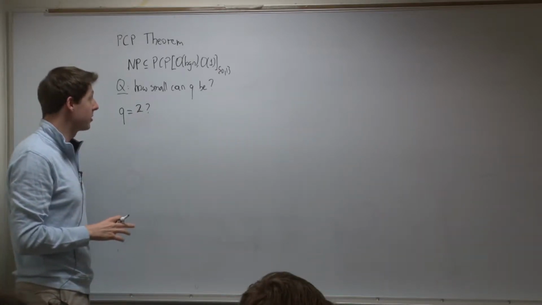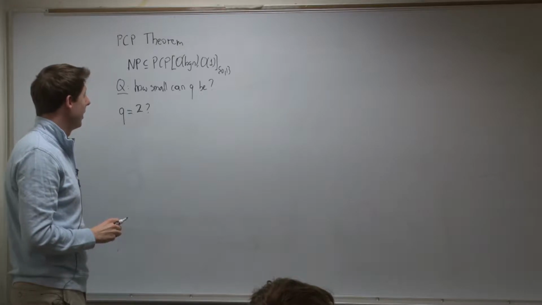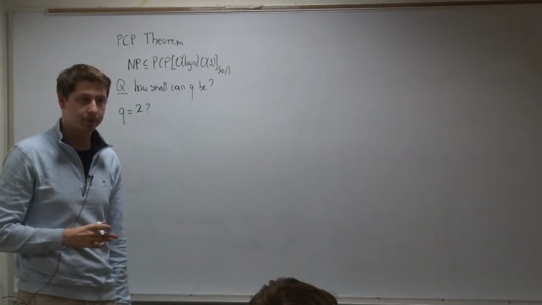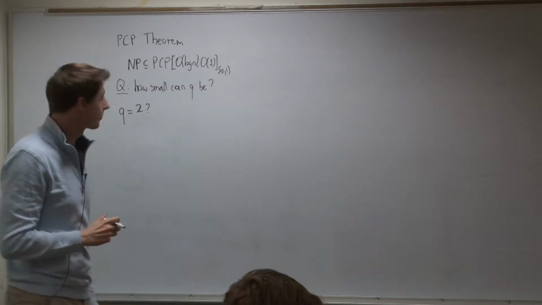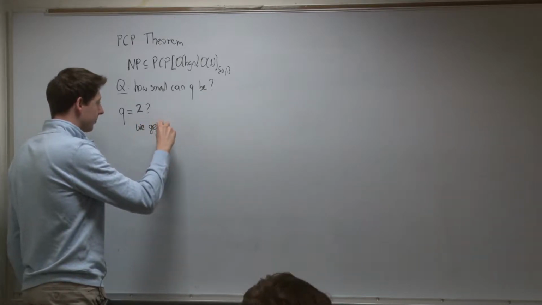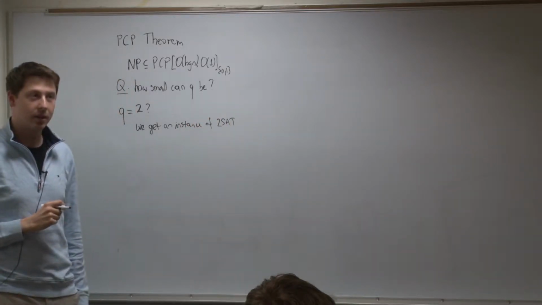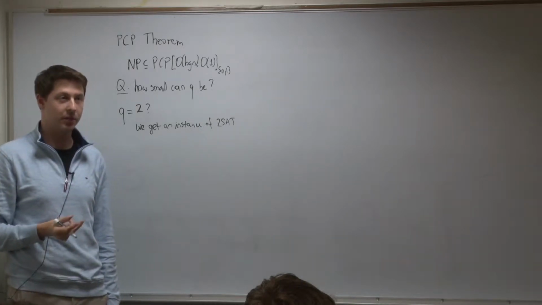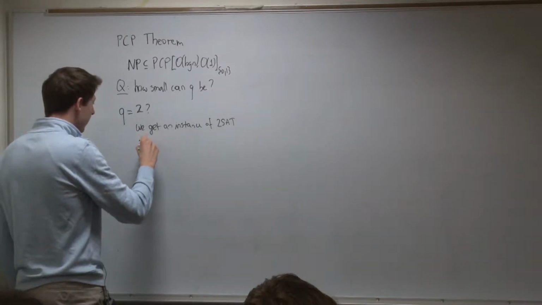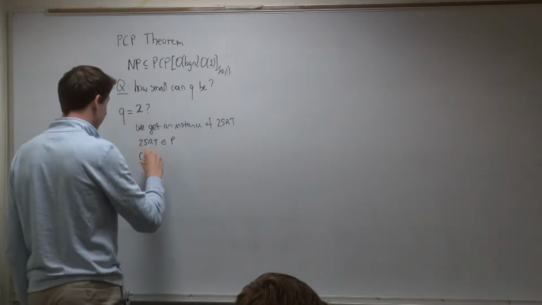So let's take the CSP view. Let's say that I have a verifier and it makes 2 queries to a binary proof and has logarithmic randomness. As a CSP, what is it? I'm going to say that we get an instance of 2SAT. We have a polynomial number of clauses. Each clause will depend on 2 variables. The variables are Boolean. This is an instance of 2SAT. But 2SAT is in P, so we cannot expect